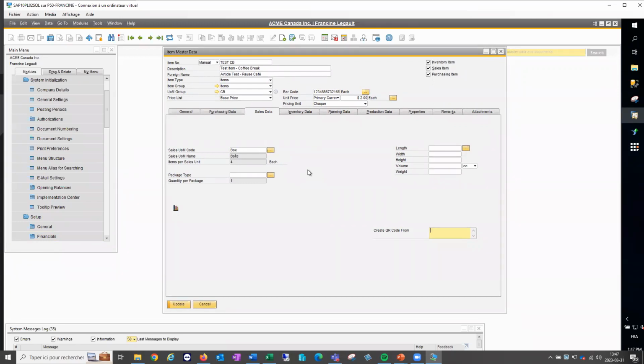We have new features in SAP 10 that are quite nice for the units of measure. First of all, with SAP 10, you could change the units of measure group. I could change it for another one if the conversions are already in the new group that I'm using.